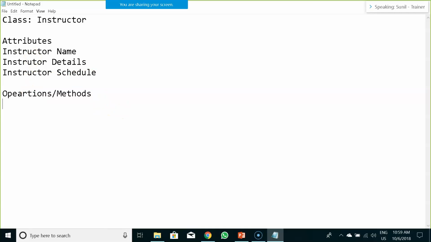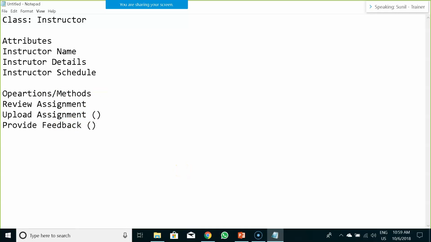some methods. For example, review assignment, upload assignment, provide feedback. So these are certain actions that we should be performing in a particular system.